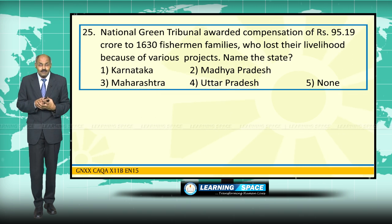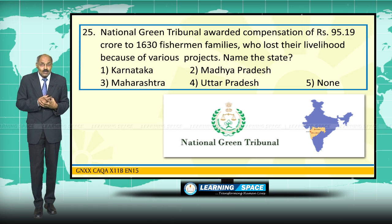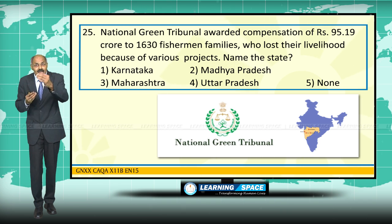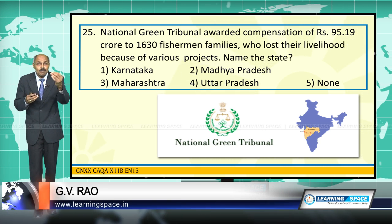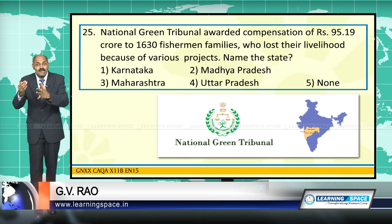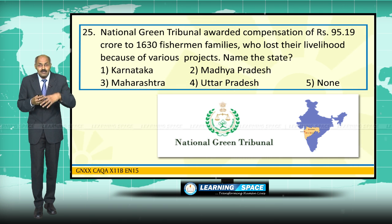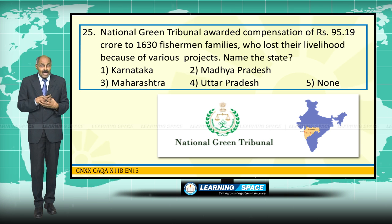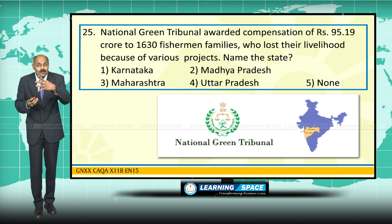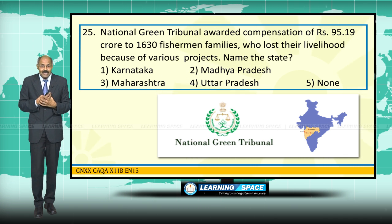The National Green Tribunal awarded compensation of rupees 95.19 crore to 1630 fishermen families who lost their livelihood because of various projects. Probably this is the biggest ever award given by the National Green Tribunal. The National Green Tribunal was established in the year 2010, with Swatantra Kumar as the chairperson now, and it gave an award of more than 95 crores to be given to 1630 fishermen families